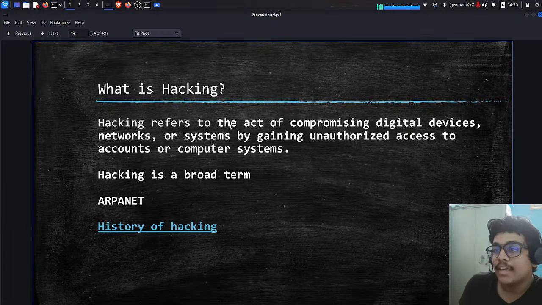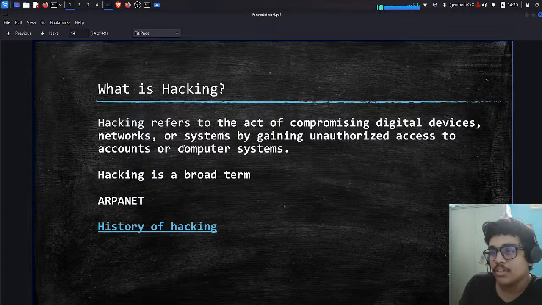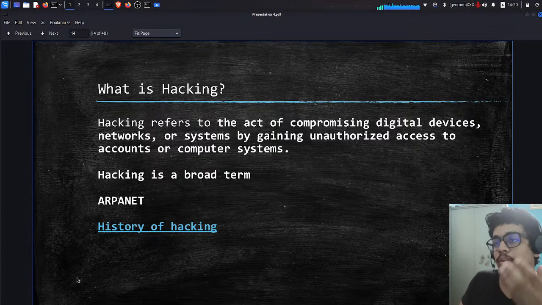So basically, hacking refers to an act of compromising digital devices. Digital devices can be computer systems, mobile phones, Wi-Fi, and any other IoT devices near you, or networks such as Wi-Fi and LAN. In fact, today we have seen that phone conversations have also leaked. They can also be hacked and altered in the era of digitalization and artificial intelligence.